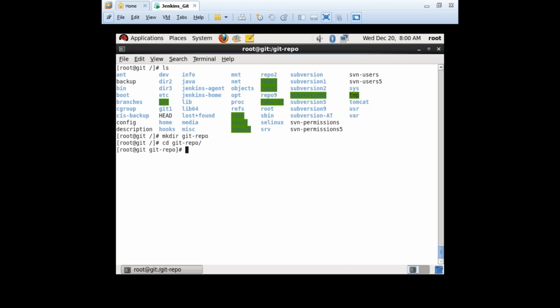Do we have any files and directories in that? No, right? So this is a plain directory as of now. I am going to initiate this directory as a git repository. I have created a directory, and this directory will be initiated as the git repository. So the command is git